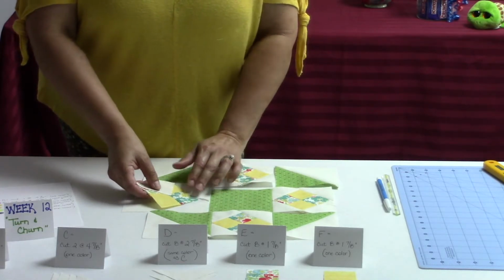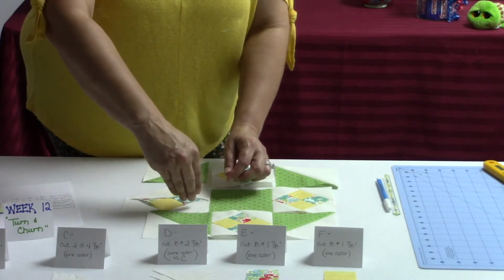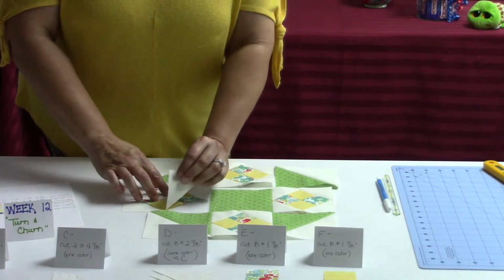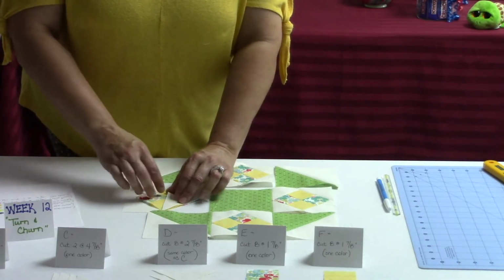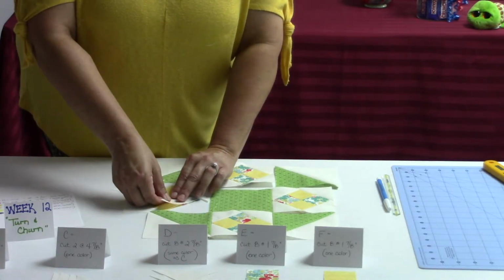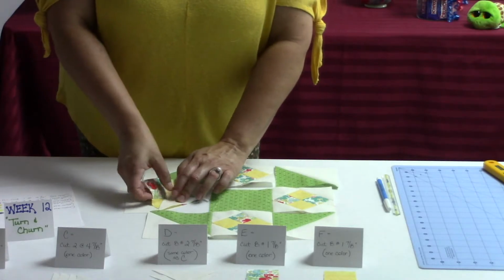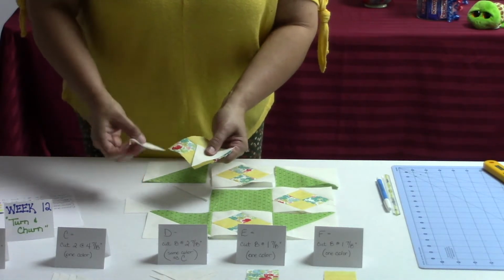And then I'm going to bring that back over, and I'm going to flip the one that's right across from it. And we're going to flip that right on top and do the exact same thing. We want to line that up with the point to the seam, okay? So then we'll go ahead and stitch